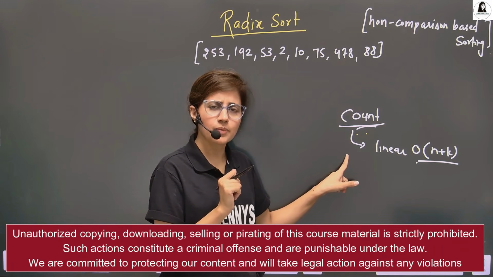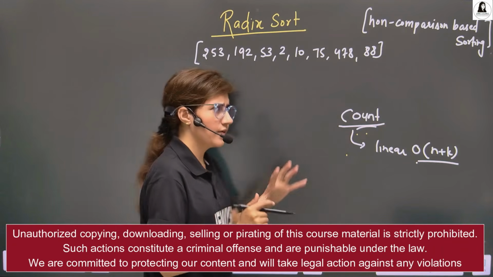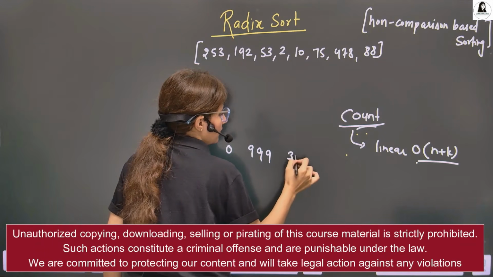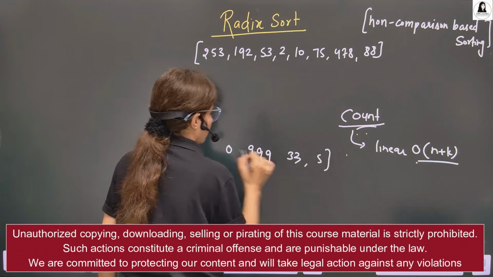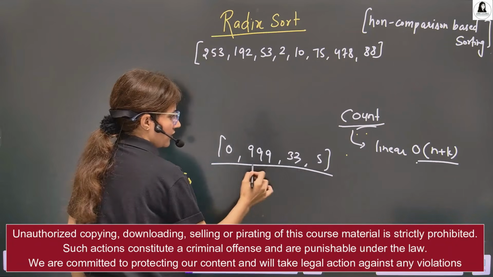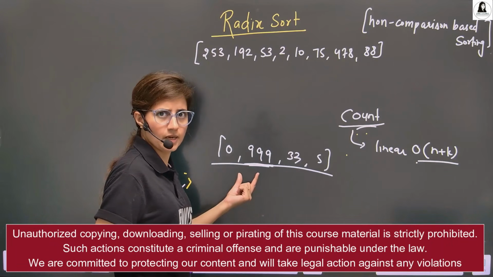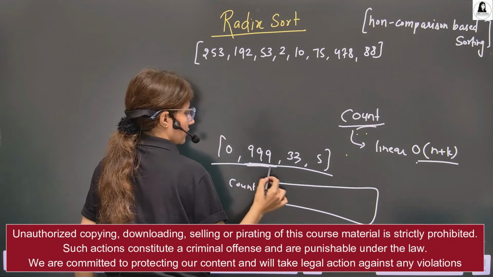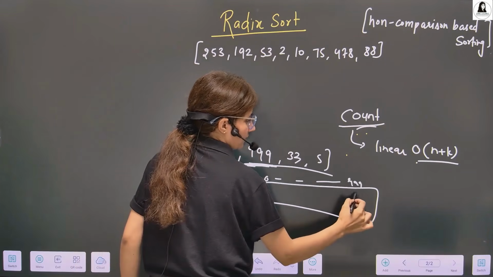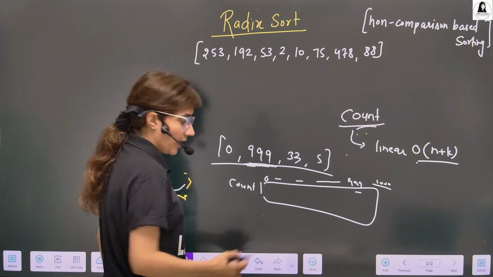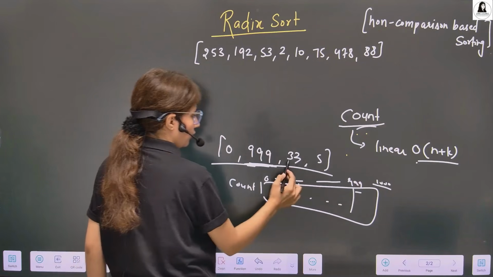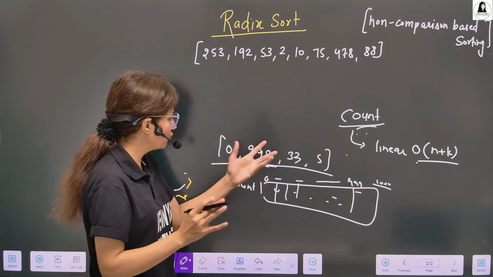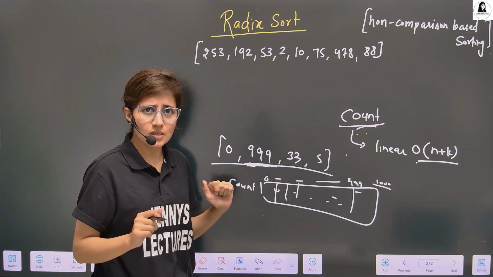We have discussed this. Suppose I want to sort and the elements are few, but the range is something like this. In this case the maximum element is 1000. So we have to take a count array of this size from 0 to 1000, and in that count array only 1, 2, 3, 4 elements are there and everything else will be 0. So that's not a good idea in this case to use a count array.